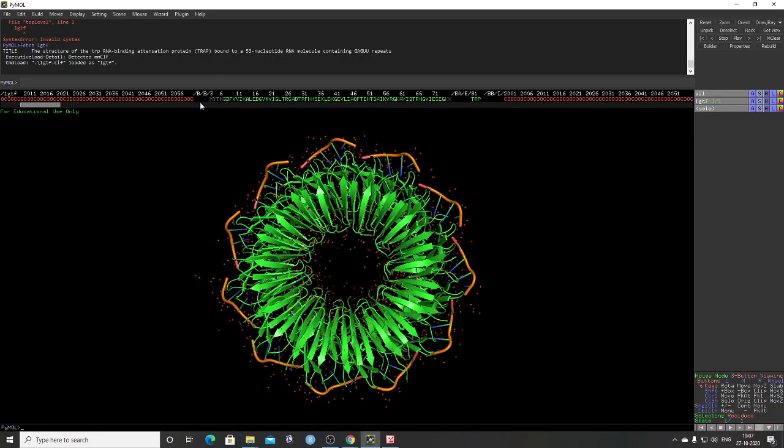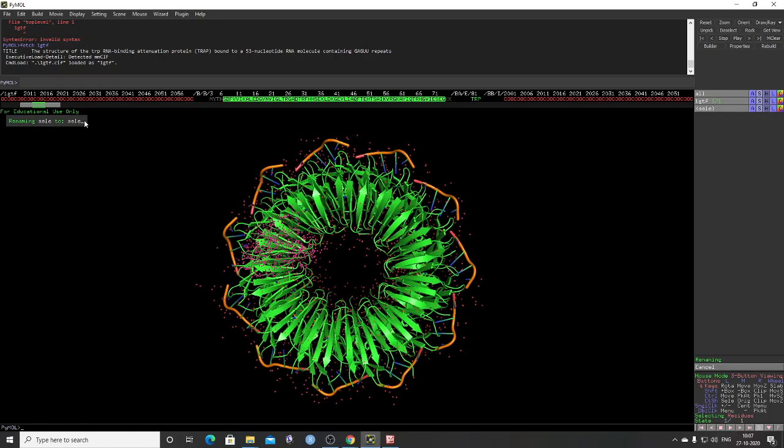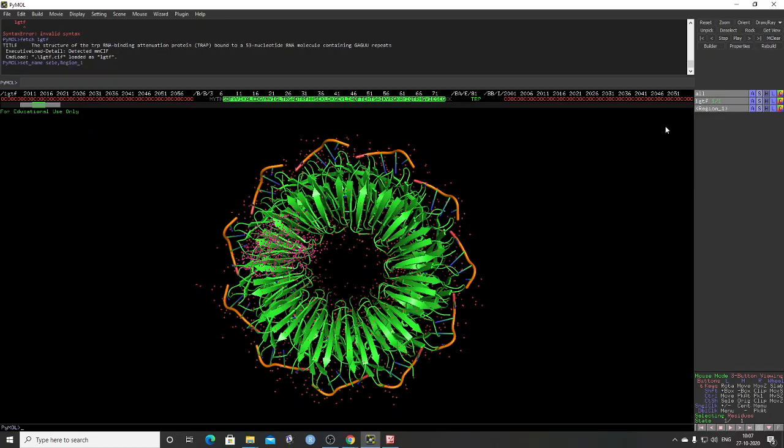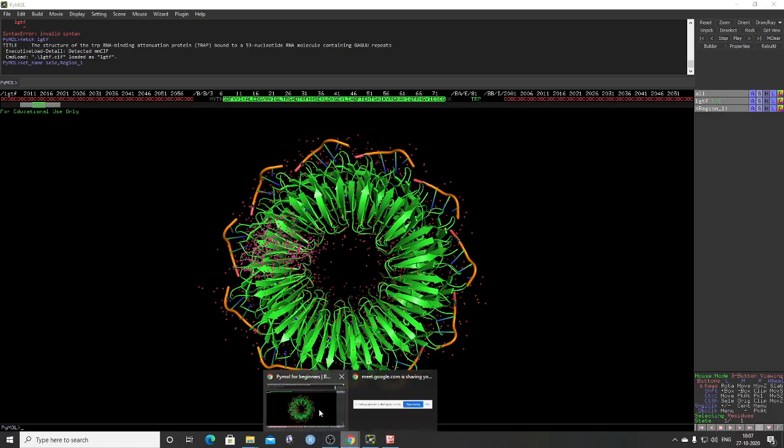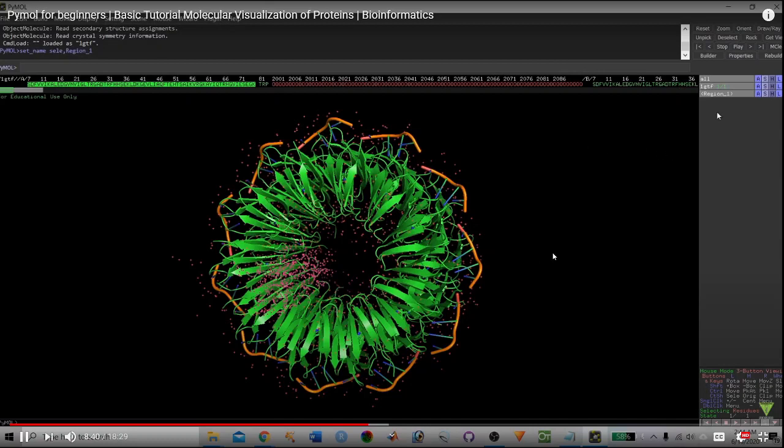Okay, so this was selecting, right? We have selected it like this, and you want to save this region. So here, select will appear. Here you go to action, rename it. Then you can type region one. For example, we have typed region one. Okay, so region underscore one. So now this region has been saved as region underscore one. So you can see this selected region here. So this is the amino acid sequence, and where this sequence falls in the region, we have selected it here. It has been saved as region 1.